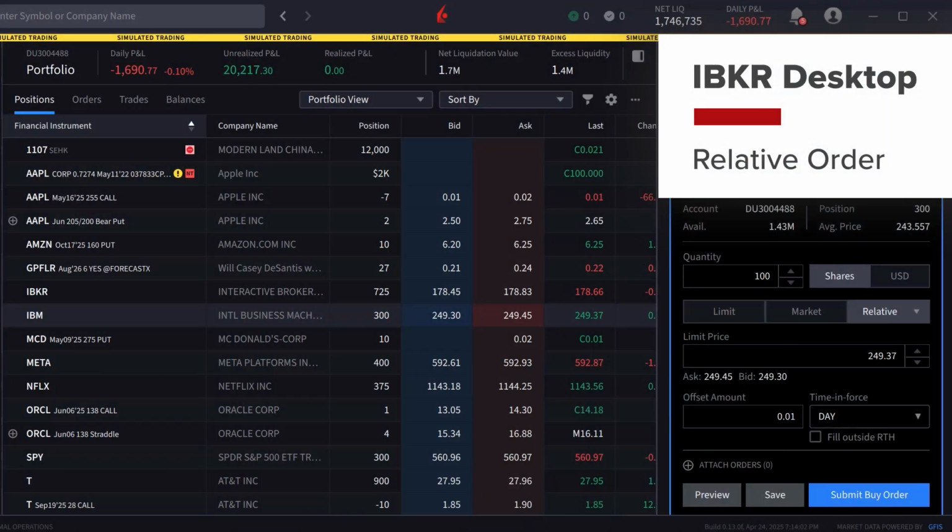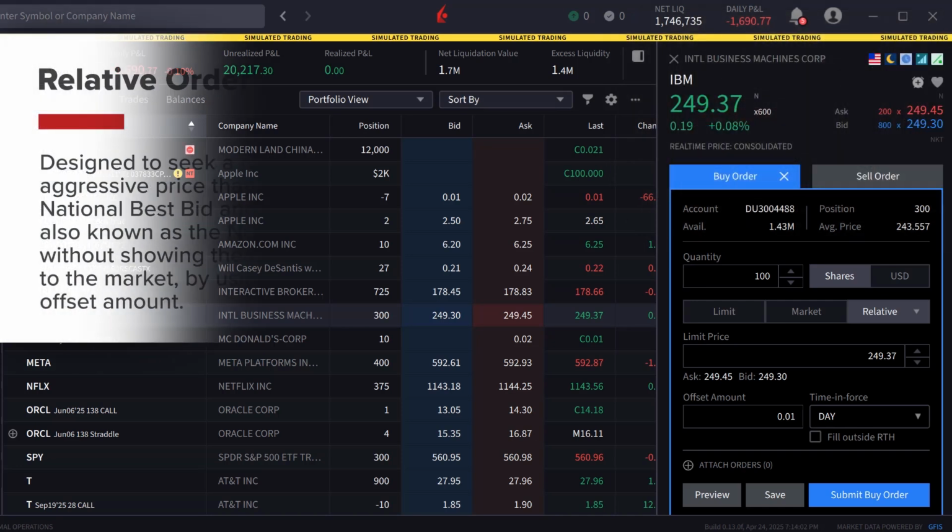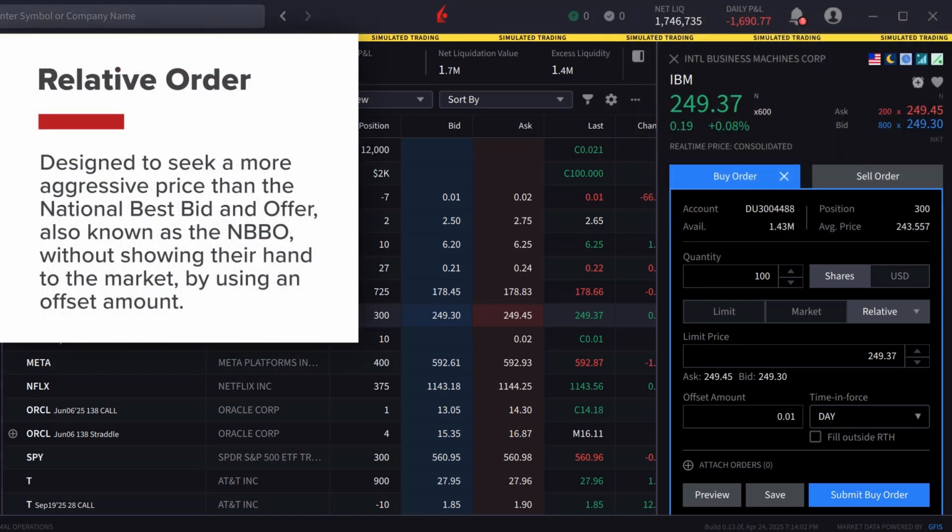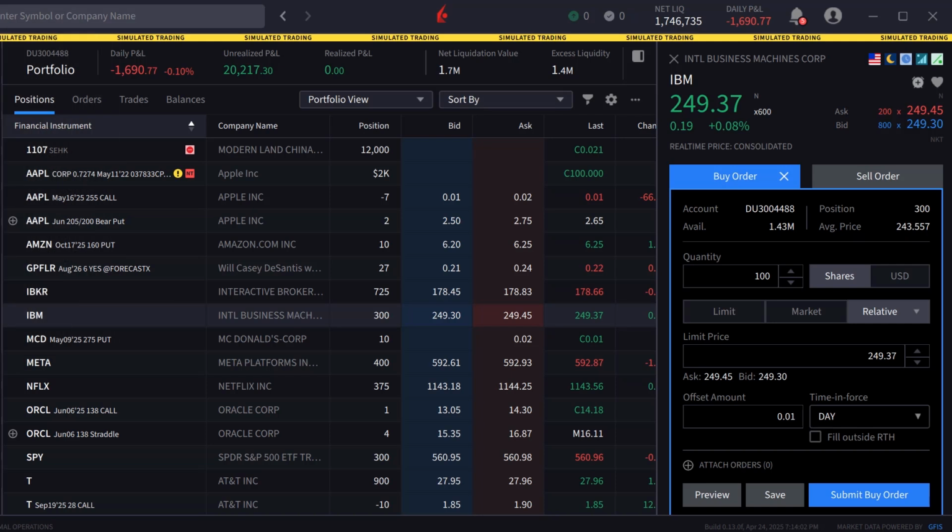The relative order type is designed for investors to seek a more aggressive price than the national best bid and offer, also known as the NBBO, without showing their hand to the market by using an offset amount. In doing so, this order type increases the odds of filling an order. Entering a relative order may help investors in higher priced stocks where the bid-ask spread is wider, or in less